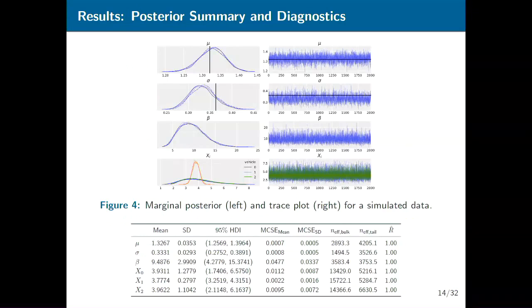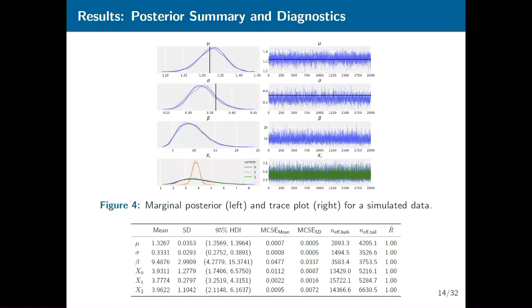And this is what the result looks like after running Bayesian inference for one simulated data set. So for the figure here, on the left you have the marginal posteriors, on the right you have the trace plots for each of the parameters. So the mu, sigma, and beta. The vertical lines and horizontal lines there correspond to the true parameters. Since you are sampling from the joint posterior, you also have the distributions for each of the individual critical gaps. So I have shown the first three over here, so you can do driver-specific inference, although the local parameters are usually not of interest.